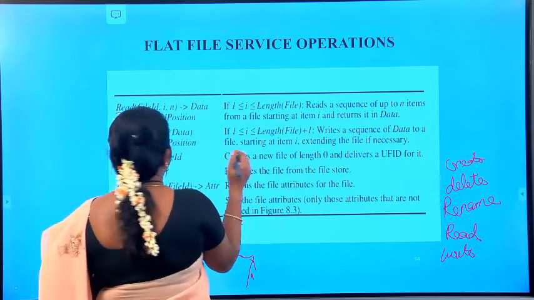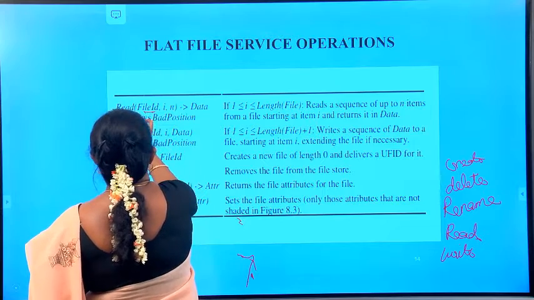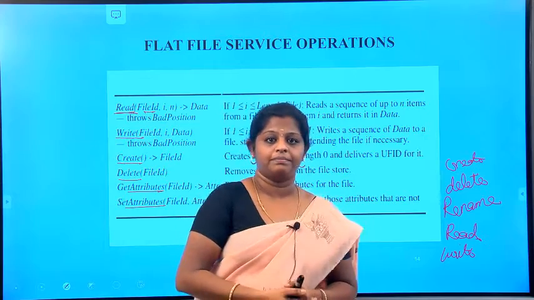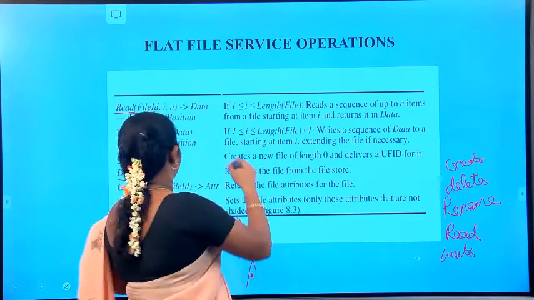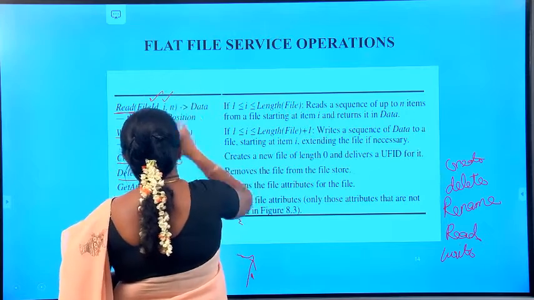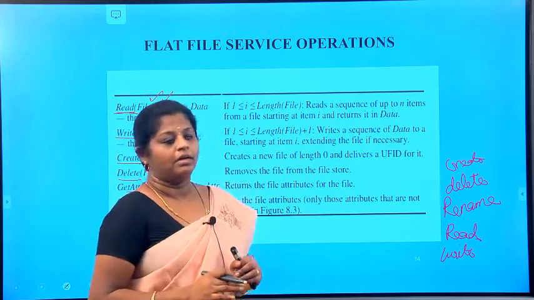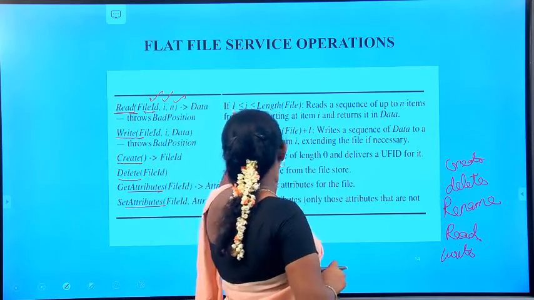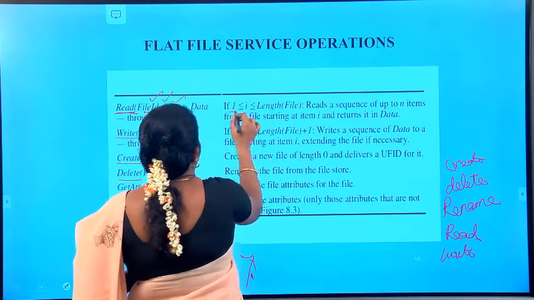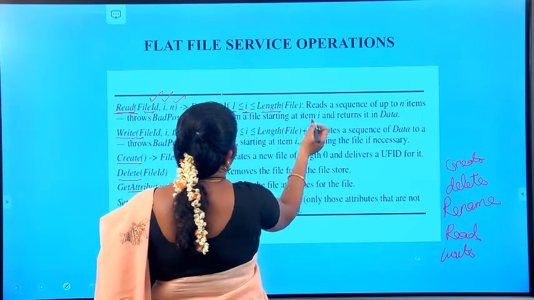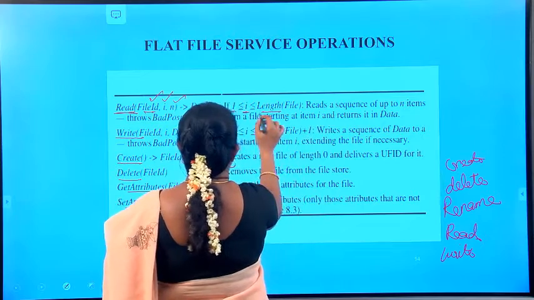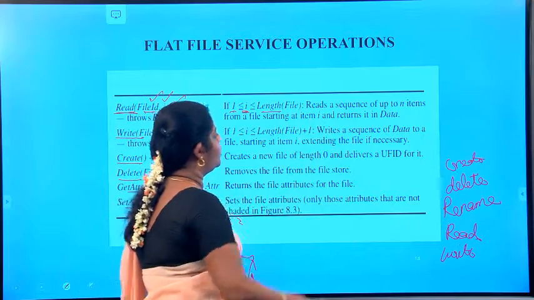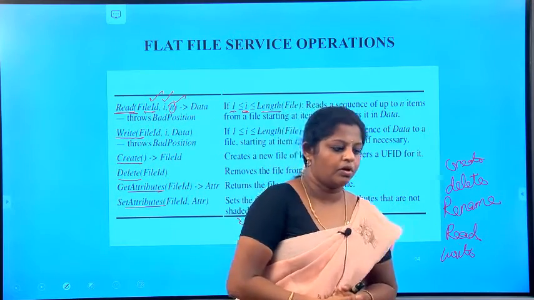Now we'll see them one by one. The file ID: they want to read the file. If I want to read any file, what should I give there? How to open the file with the file ID, and where it needs to be opened, which point. And N represents the number of items. I is the starting point in the file. It reads a sequence up to N items. This is the length, so it will be the starting point and where it is going to stop reading the file.